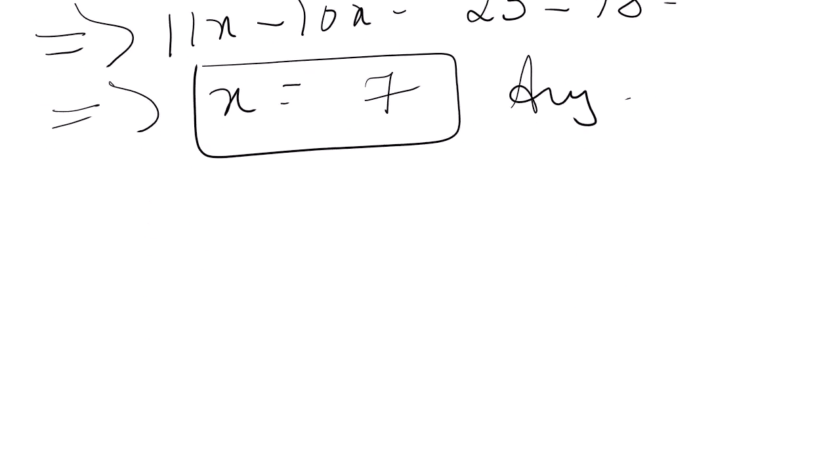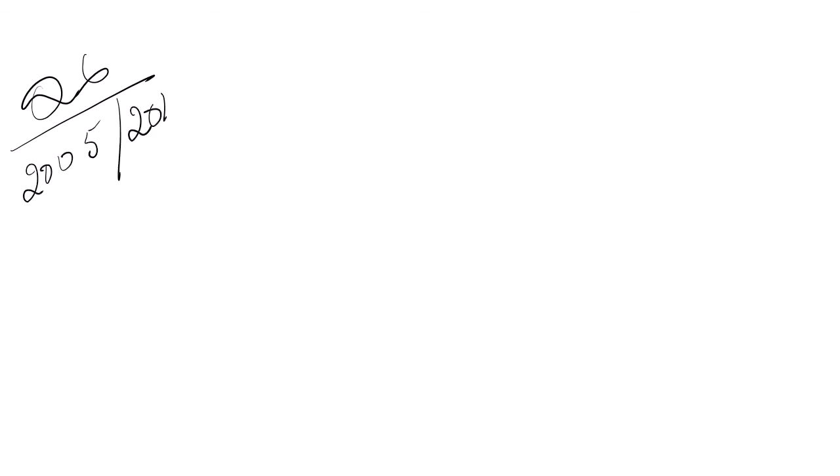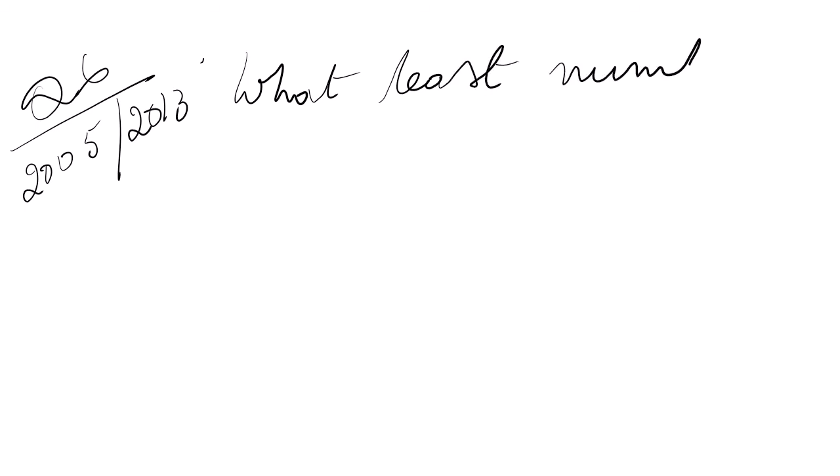Okay. Now, other question. This has come in two. This is a board question which has come in 2 years. This is question 6 which has come in 2005 and 2013. What is the question? What least number must be added